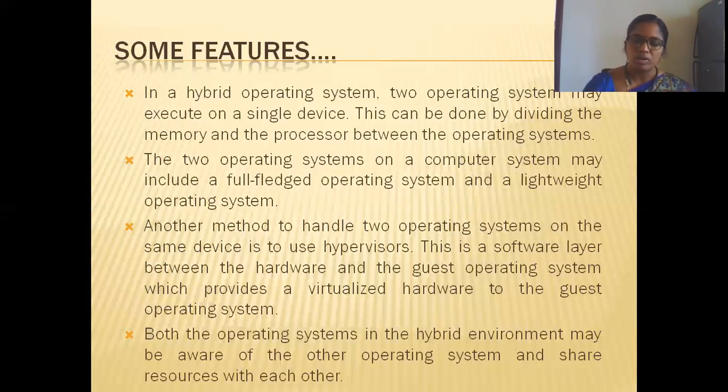With this, we have seen the two topics: design and implementation issues of operating systems, as well as the different types of structures